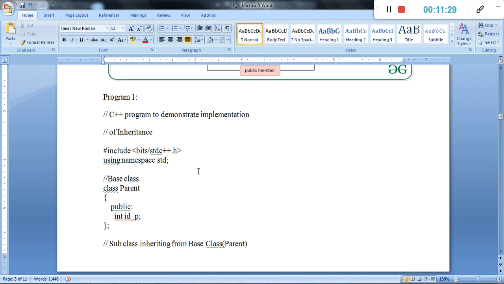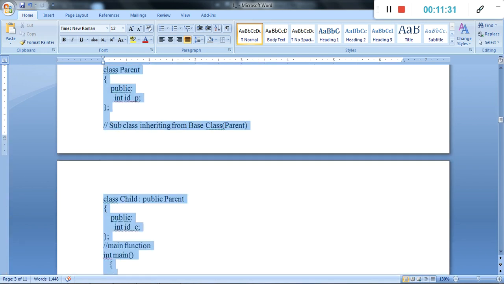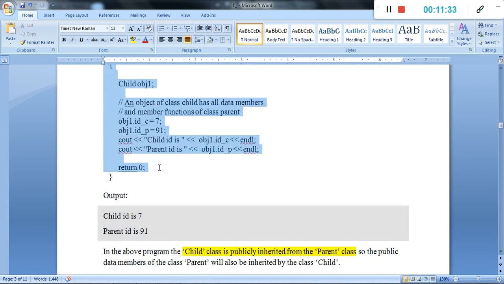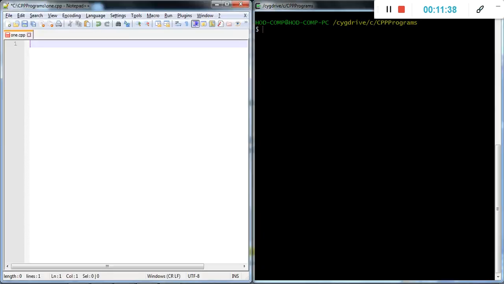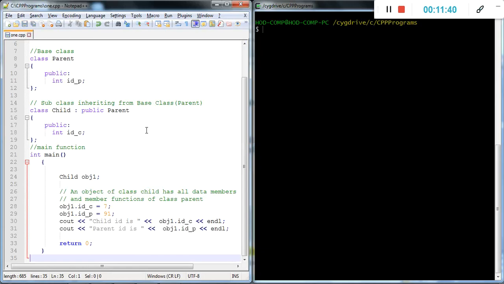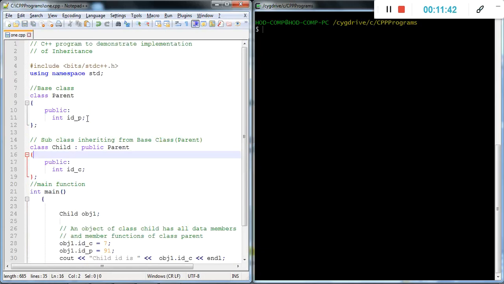Then it's a simple program. With the help of the program, we will understand the process of access specifier reflection. This is simply a class as a parent. It contains one public member, and then there is a second class, which is a derived class. The child class is derived from the parent class, and the access specifier for the parent class is public.